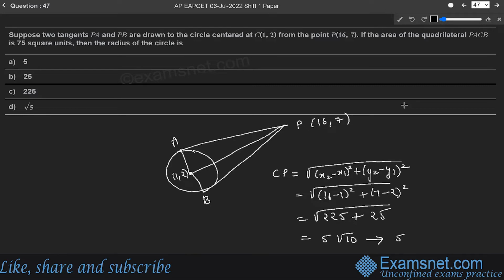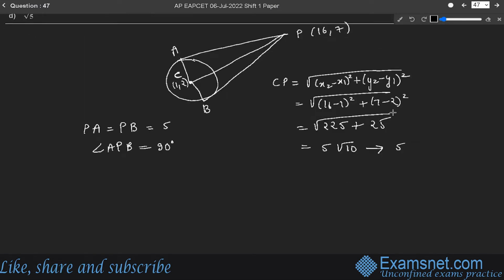So considering it as 5, therefore we can say that if C is the center and P the point, the distance from the center to the point P is 5, which means PA is equal to PB is also equal to 5. And we know that since the tangents are drawn, angle APB is equal to 90 degrees. Also, since there are two tangents, CA is perpendicular to PA and CB is perpendicular to